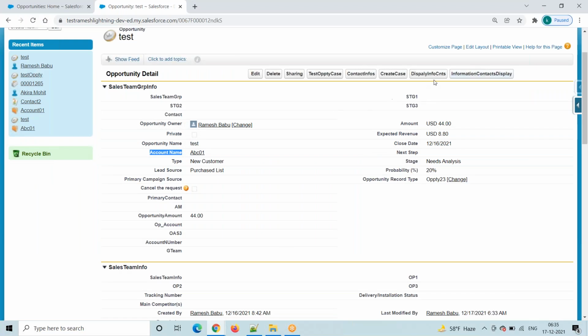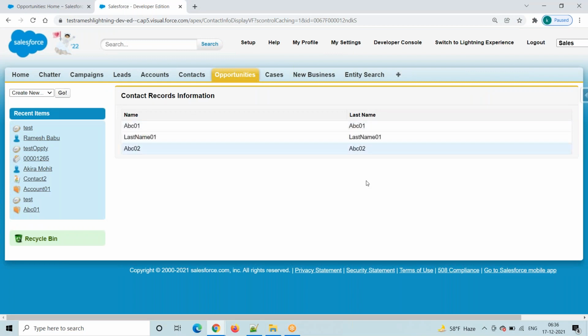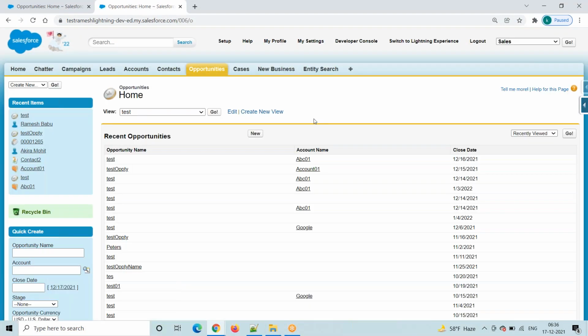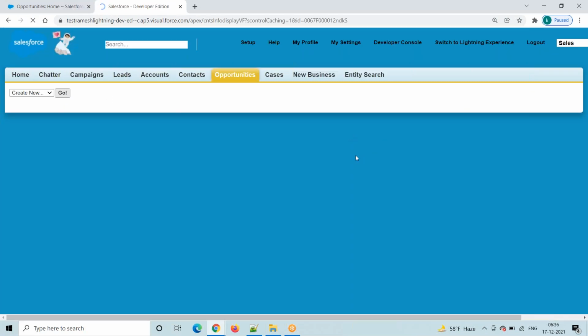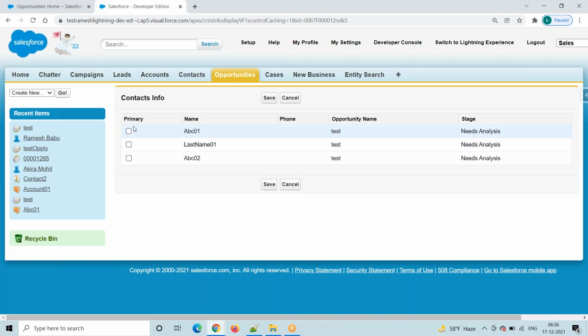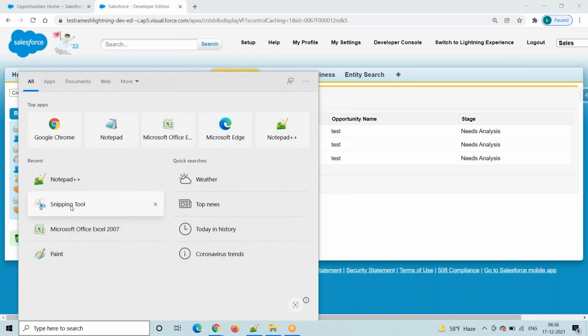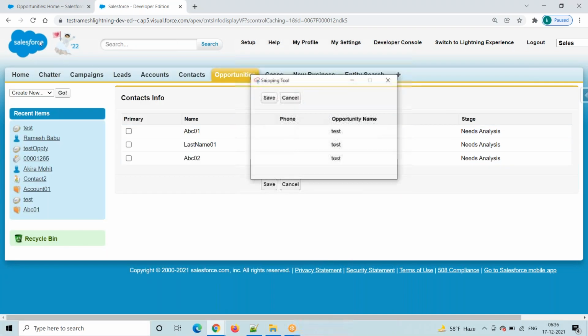But what is the problem here? It is not a problem. So the data, go to here, Information Context Display detail page button. The data is displaying like this. The contact records are displaying like this. But my client is expecting us to display the records in this format. So we have one checkbox, and the next one is contact record information, opportunity record information. We have to display the data in this format. That is what our client is expecting.